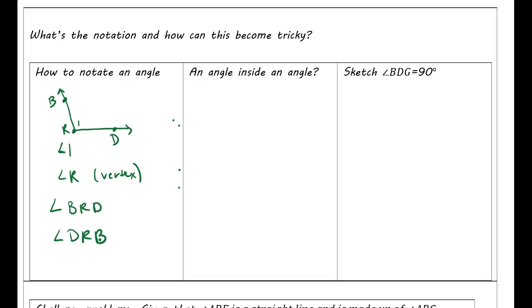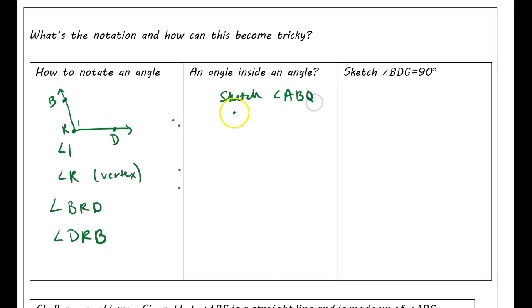So with a lot of angles that are given, there's like 4 different ways to name them, and that's going to be very important to know once you get into geometry. Okay, now what if there's an angle inside of an angle? In other words, you might be given directions to sketch angle